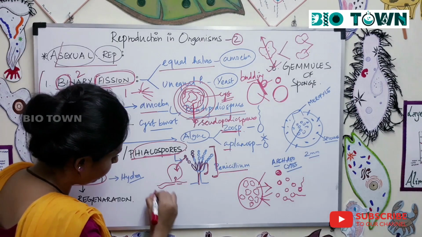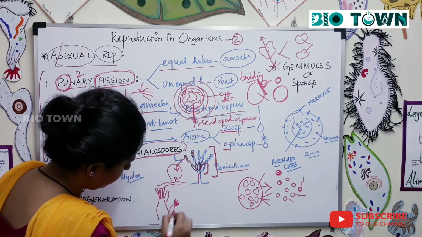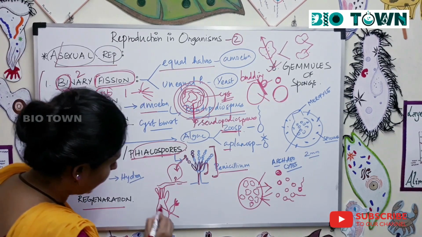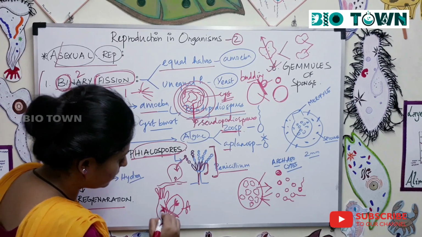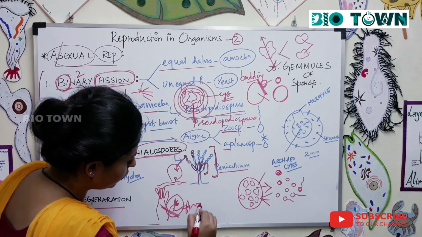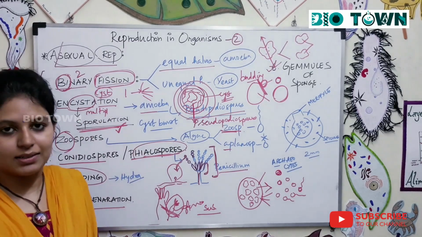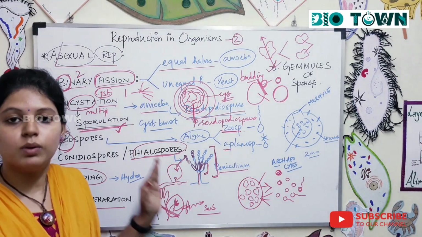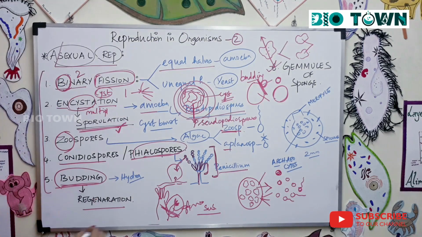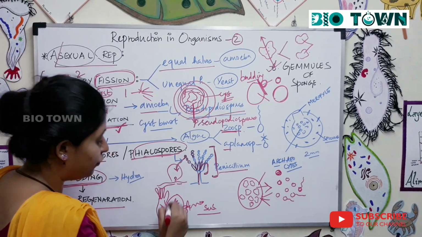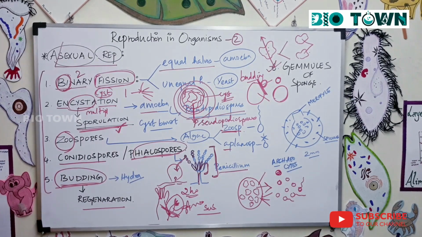Next is budding, which we learned from our 6th grade, is a form of asexual reproduction in Hydra, where a new baby Hydra is formed. And now there is fragmentation, that is the baby Hydra, the bud, is cut off and it swims for a shorter distance, finds a suitable substratum and settles. This type of asexual reproduction is called budding. Alright, and after every 2 hours, Hydra undergoes this type of budding.